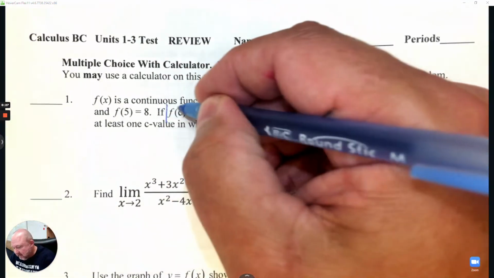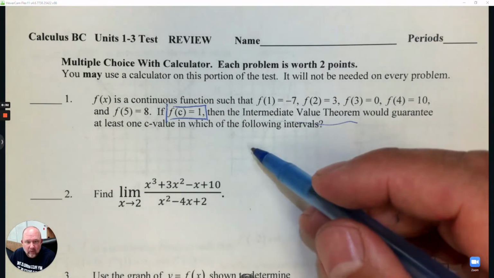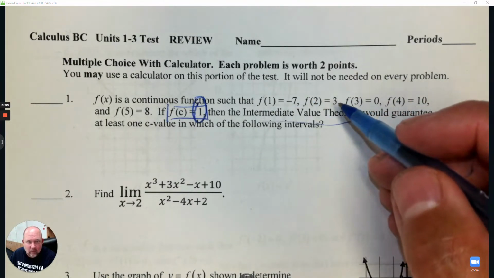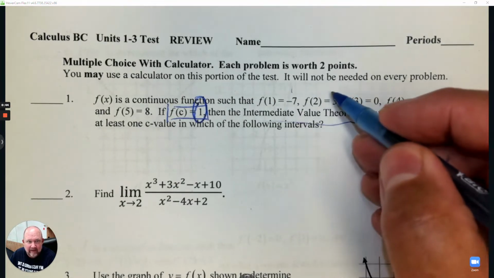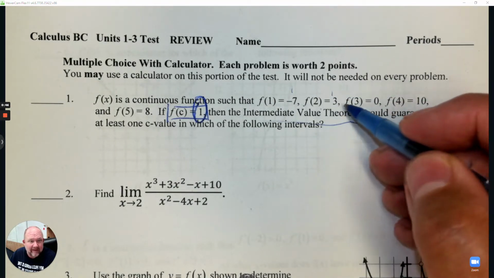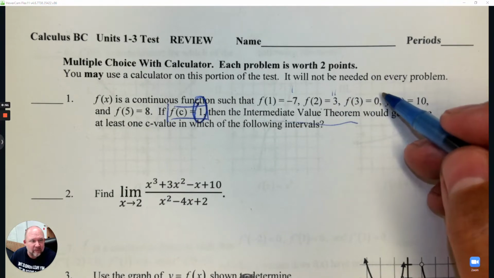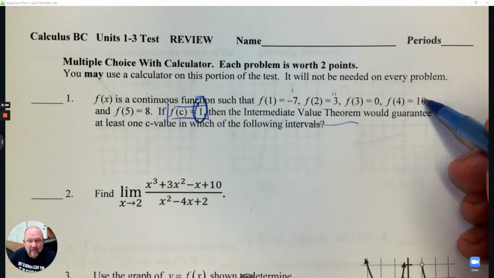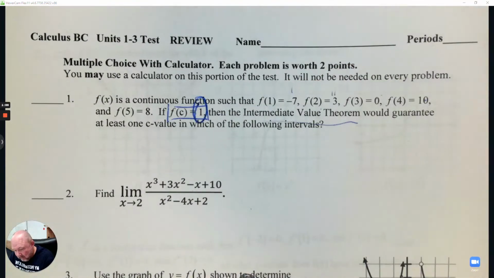If F at C equals 1, then the intermediate value theorem would guarantee a C value in what interval? So the key is the Y value. So the Y value is 1, and 1 would be in between what two Y values? So is 1 between -7 and 3? Yes. Is it between 3 and 0? Yes. Is it between 0 and 10? Yes. Is it between 10 and 8? No. So which of the ones that would work would be the interval between 1 and 2